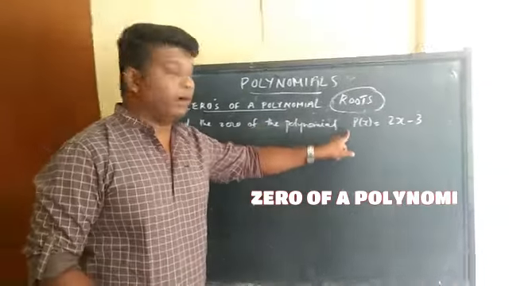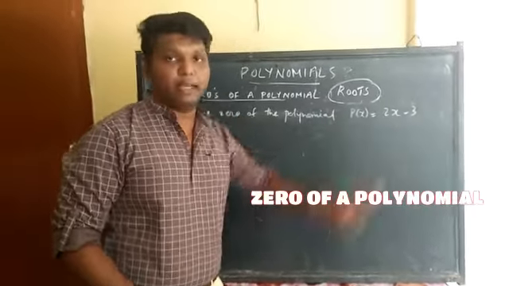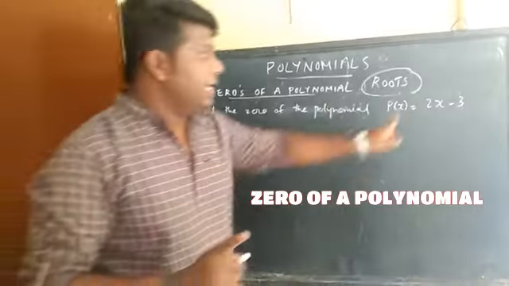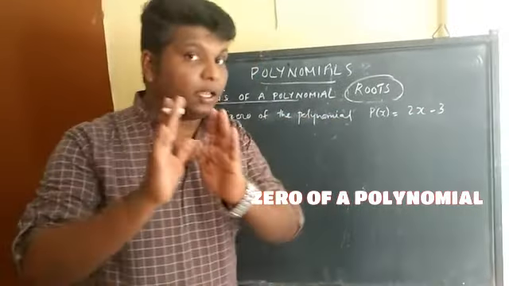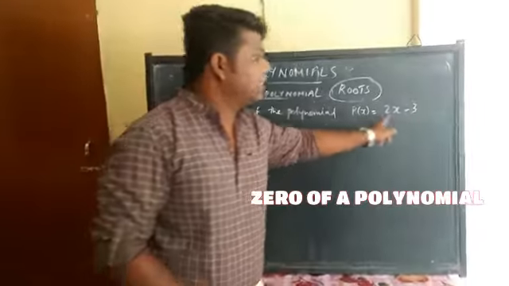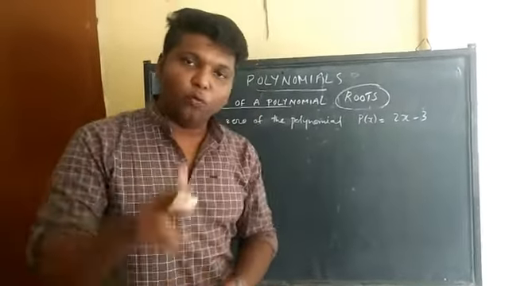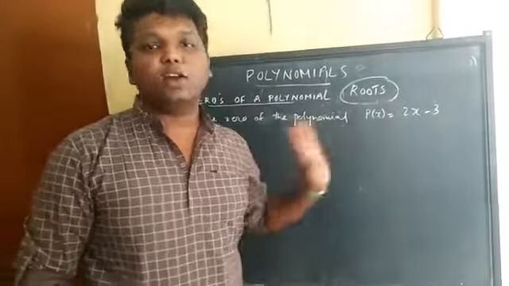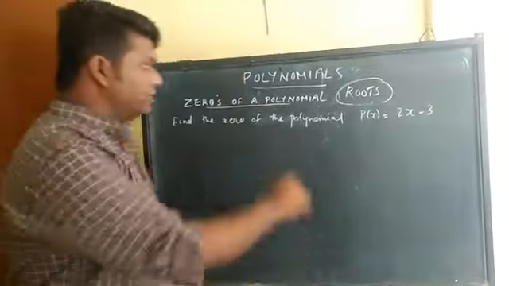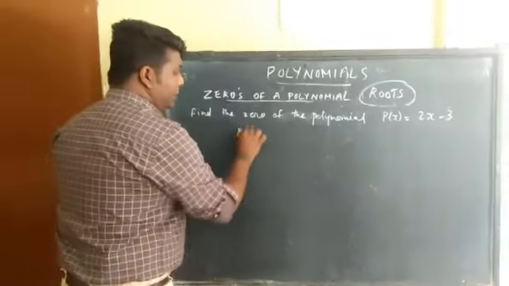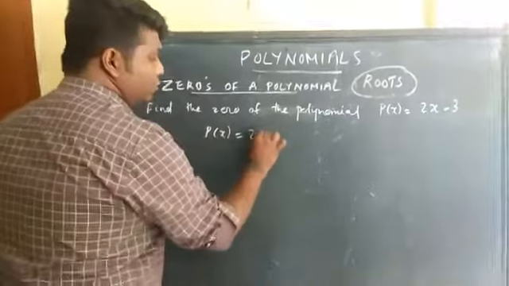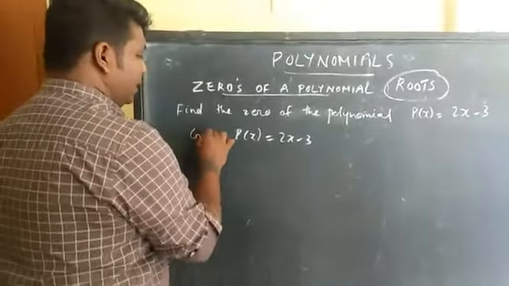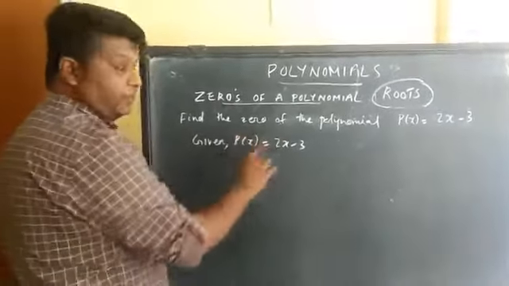Here there is a question to find the 0 of the polynomial 2x minus 3. I told you what is the 0 of the polynomial. इसका अंदर x का जगह आपने जो भी वैल्यू देते हुए इसका p of x पूरा का पूरा 0 आ गया, तो वो वैल्यू को हम क्या करता है? 0 of the polynomial करता है. So let us find the 0 of the polynomial. It is given p of x is equal to 2x minus 3. This is the first step given because it is given.